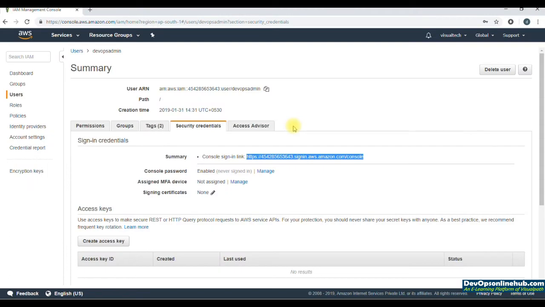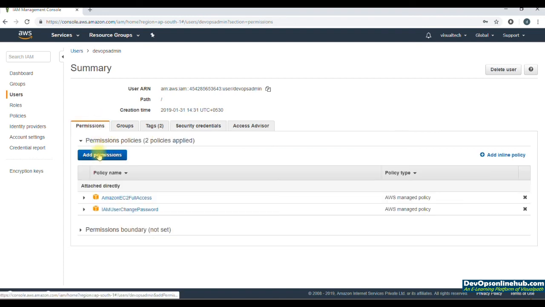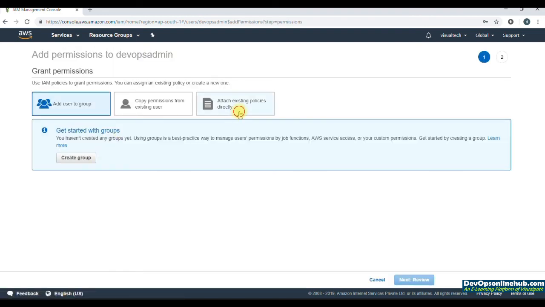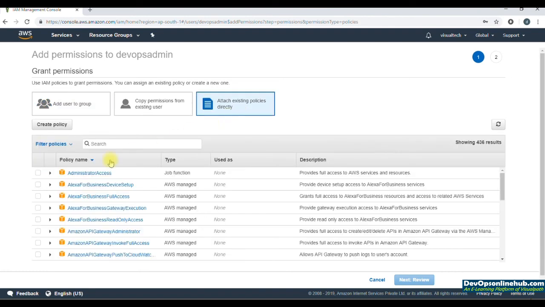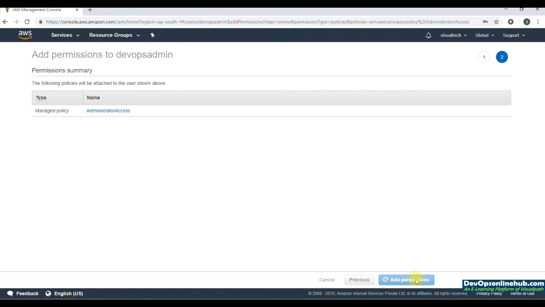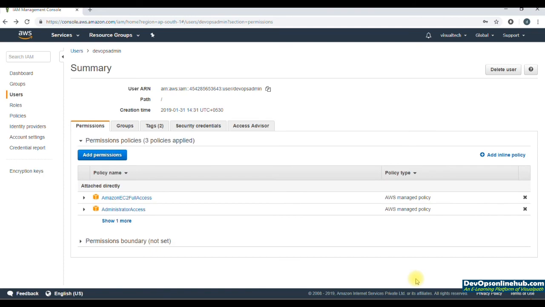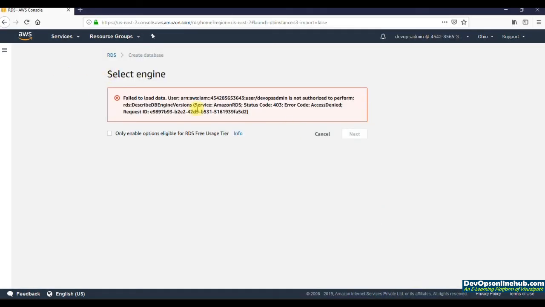So we will come back and we will give this user more permission because we want this user to be administrator and using everything. So we'll go to permissions, add permission, and go to attach existing policies, administrator access. This is gonna give full permission. Next, review, add permission. Okay, that's done. Now probably we need to re-log in